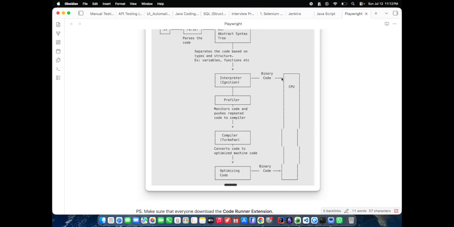And then once it gets executed, it will be converted to binary code, and then the binary code will be given to the CPU. So this is how it will come, like basically between this binary code and the interpreter, it will first convert it to bytecode and then bytecode to binary code. And the profiler we have,